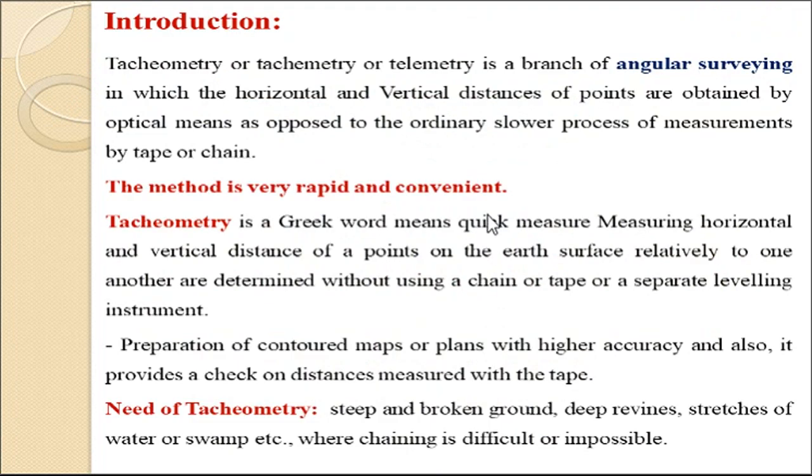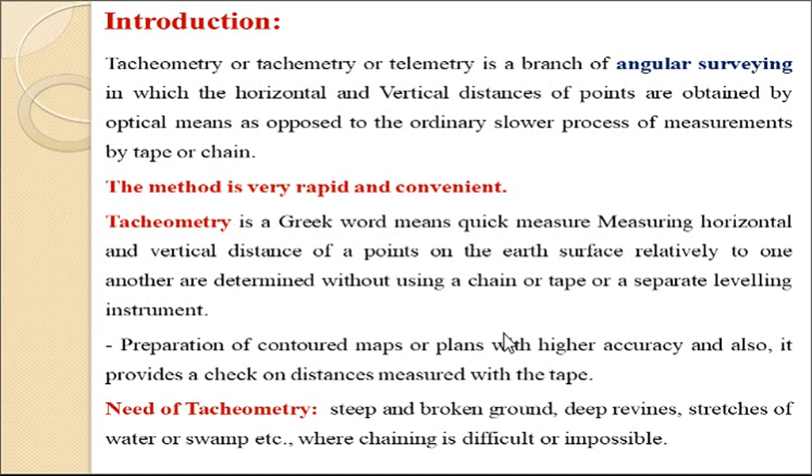In previous videos or lectures, we had seen units number 1, 2, 3. Unit number 1 is plane surveying or plane table surveying, chain and tape surveying, and prismatic compass surveying. Unit number 2, use of dumpy level. Unit number 3, use of theodolite to measure angular measurement. Now next, unit number 4, where we have to use the tachymeter, and that is known as tachymetry.